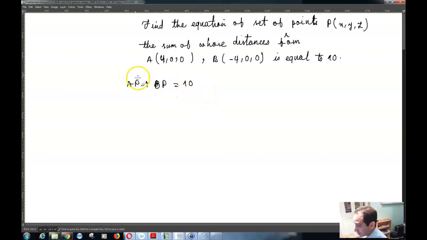So now AP would be the square root of (x minus 4) whole squared plus y squared plus z squared,